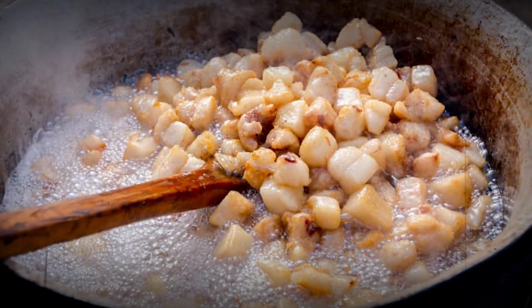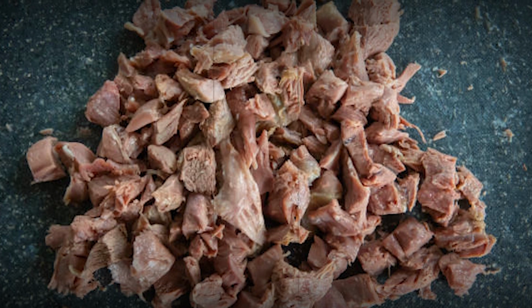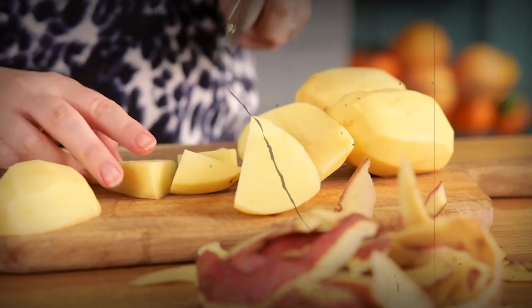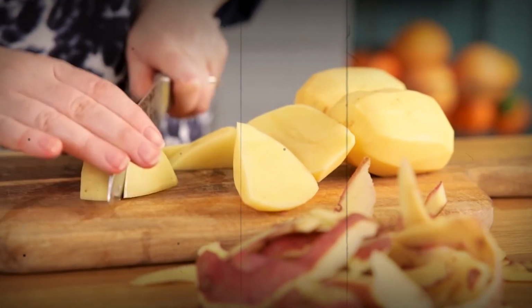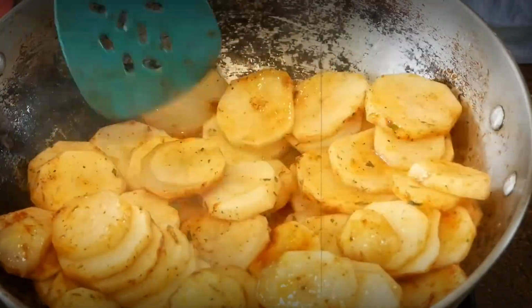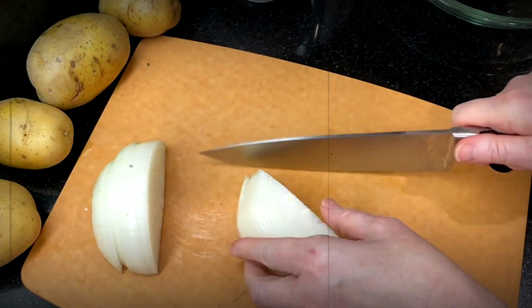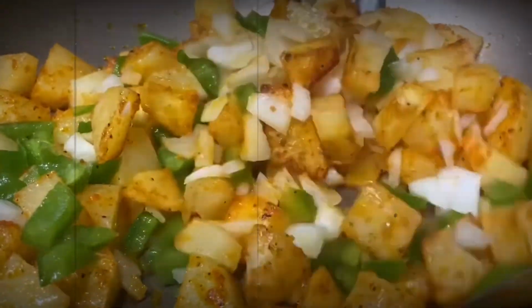Back then, cooking fat often came from rendered lard or drippings saved from the family's meat scraps. Nothing went to waste. Potatoes, sliced thin or chopped into small pieces, were fried slowly in this fat until their edges curled into crispy, caramelized morsels. Onions, sliced thin, softened, and sweetened as they cooked alongside the potatoes, adding layers of flavor without a penny of